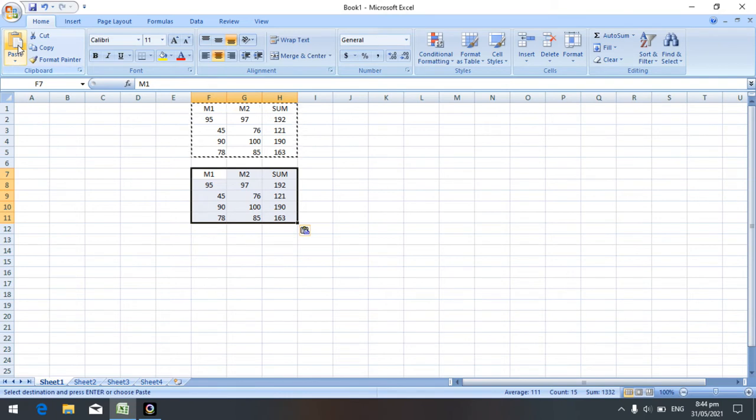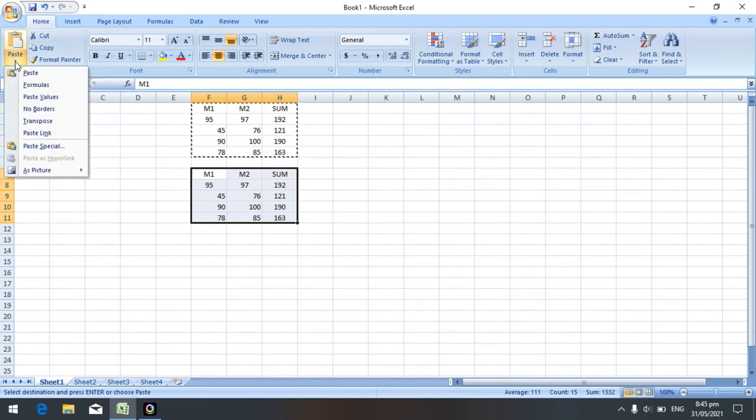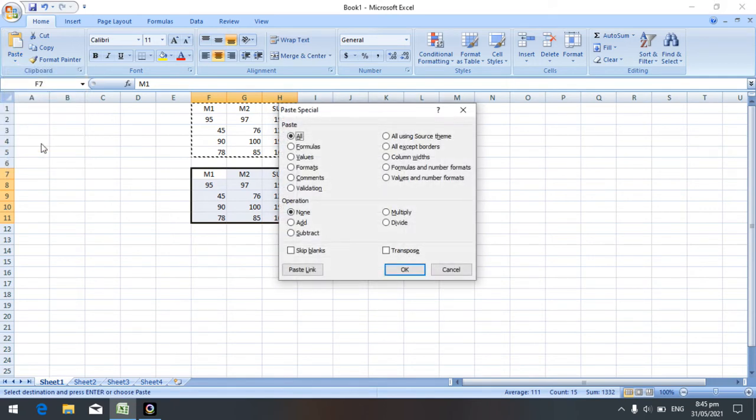Now when you paste, this option shows one more extra feature, that is paste special. When you click on the paste special option, different options are available, like All. So what is the use of the All option?